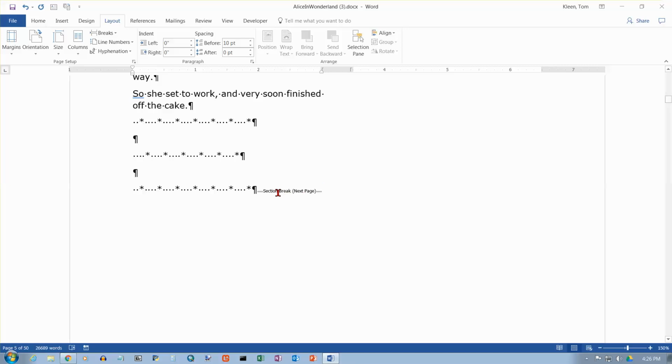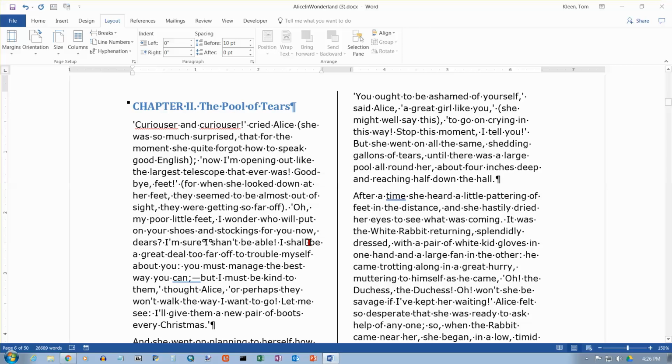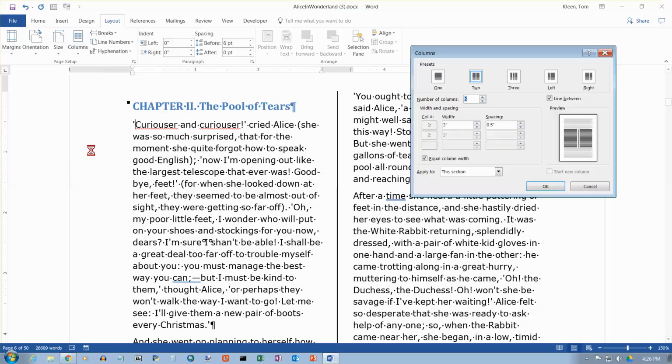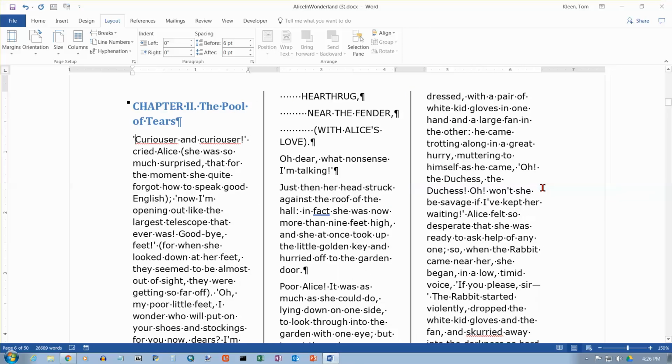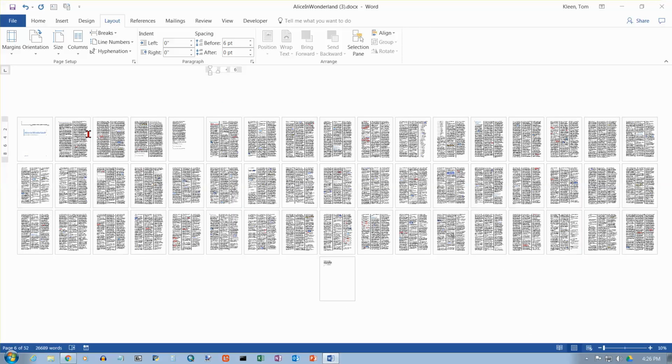Okay, so I have a section up here with 2 columns. I have a section down here, and I want to change this section so that it has 3 columns instead. So let's go here to our columns and click on more columns, and I'm going to choose 3, and I'm going to click on OK. And now I'm going to zoom way out again. Let's go down here to 10%